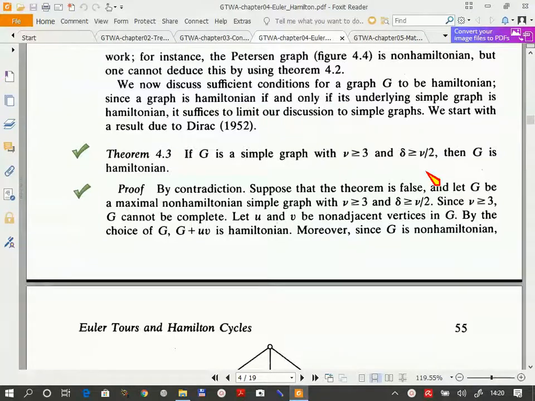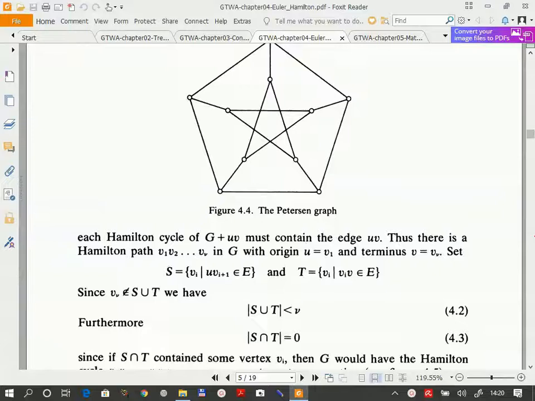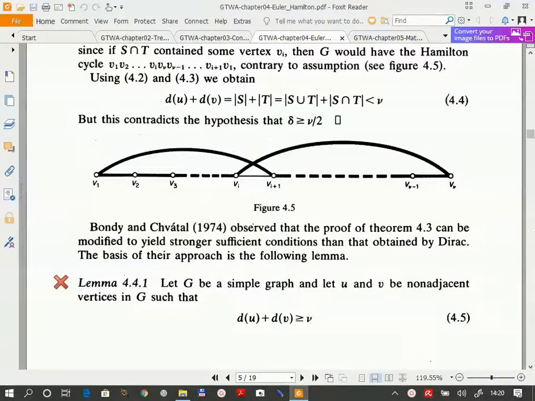Okay, but this is more precise. It's not just on the number of edges, but on the distribution of edges, by saying something about the minimum degree small delta. Okay, and we have seen one of the few proofs that we have here, and I